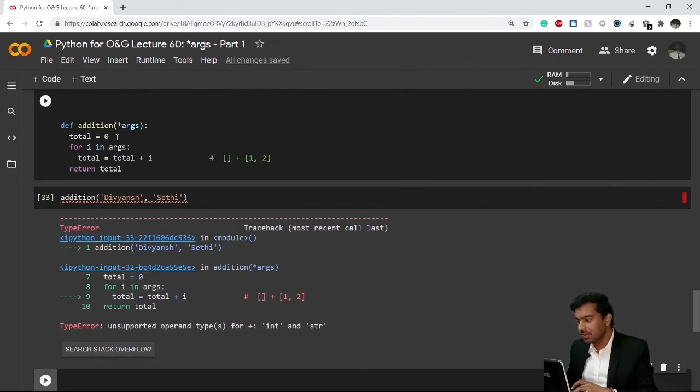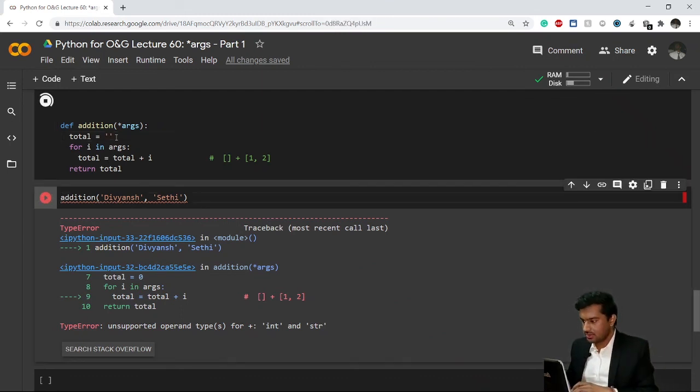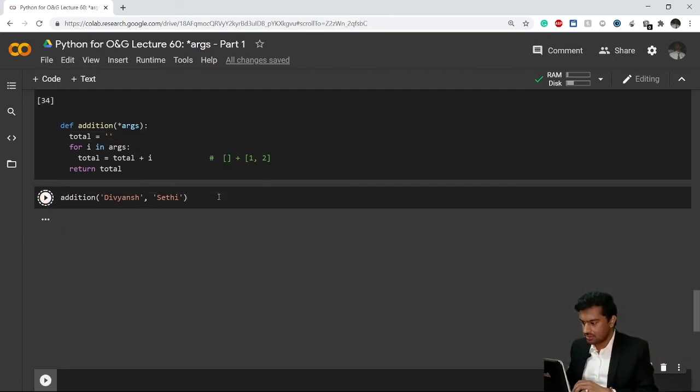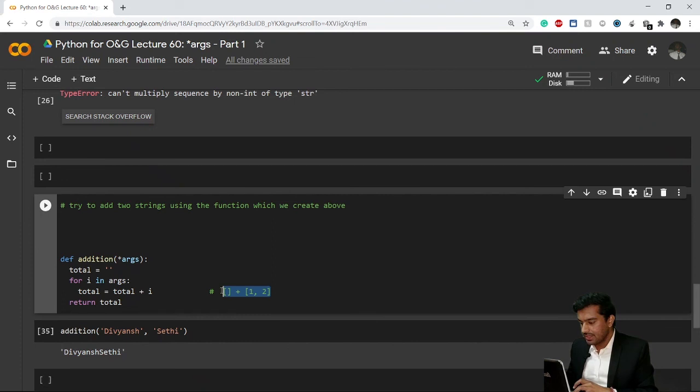So what I can simply do is replace this 0 by an empty string. I just run this code and then I execute this code. You can see now it is operating. This time it is adding an empty string, with no space in it, plus my string, which is also another string. So this is how this code works.